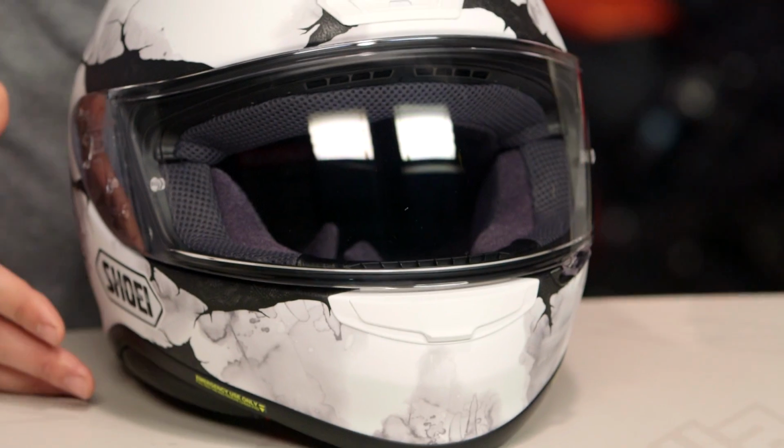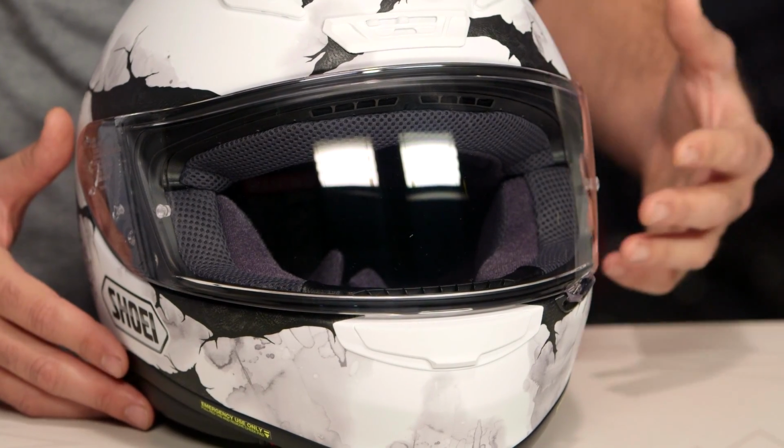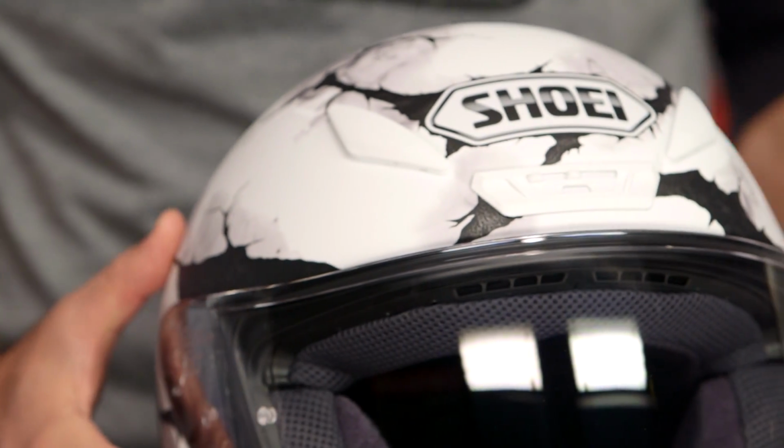There's a lot baked into the RF-1200. If you're not familiar with this helmet, it comes with a Pinlock, dual density EPS liner. There's a lot of information here, and if you want to get all that info, check out the detailed breakdown where we take the insides of the helmet, we rip it out, and we show you everything you can expect